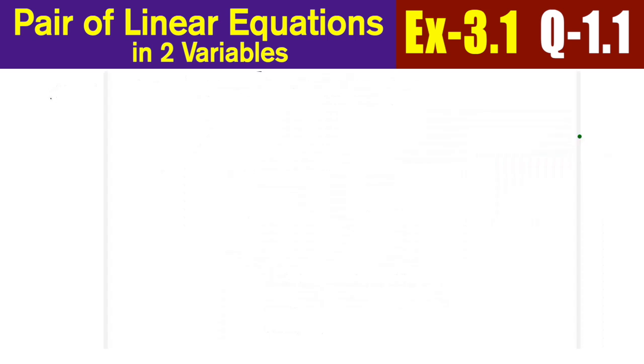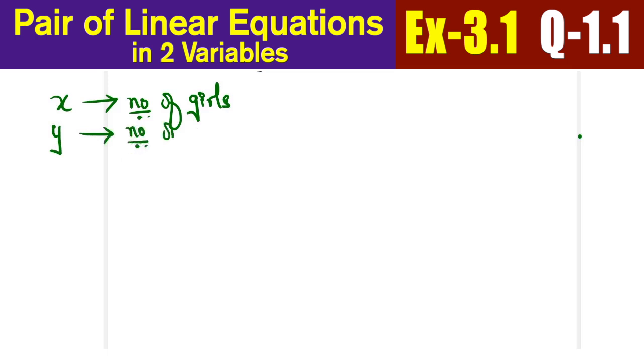The first variable I'm defining is going to be x. It is going to indicate the number of girls who participated in the quiz. Now, y is going to be a variable that defines the number of boys who participated in the quiz. So the first equation: there are 10 students who participated in the quiz, which means x plus y is equal to 10. The second statement was that the number of girls is going to be 4 more than the number of boys, which means x is equal to y plus 4.